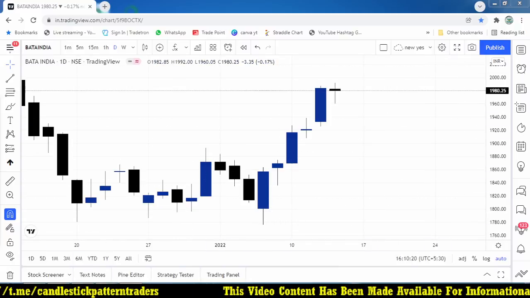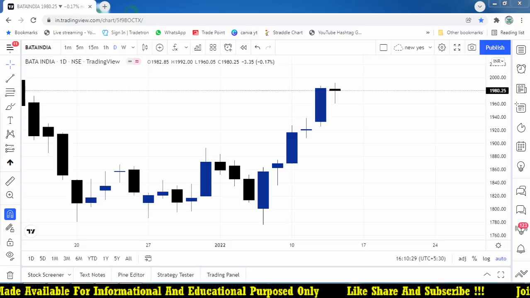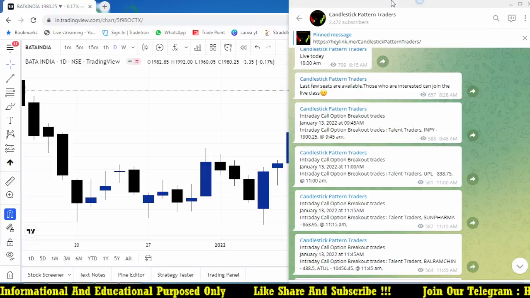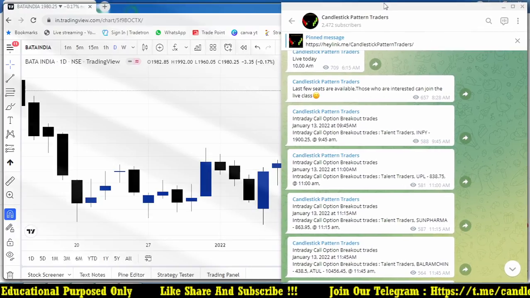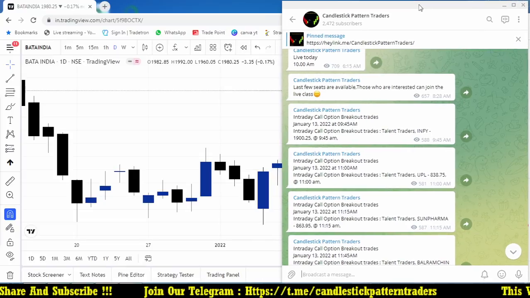So what about the alerts? In Telegram, we were also sending some alerts this morning, so someone may use it. What is the trade for which we got the alert in our Telegram channel? That we are going to discuss here. The first alert which we have got is